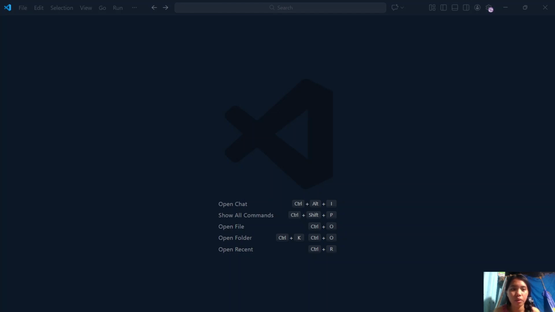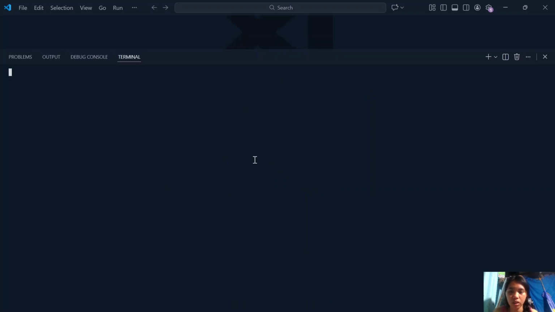Hi guys, in this video I'm going to demonstrate how to create a simple Flutter project where we have a button that will navigate to the second page, and then another button that will navigate to the previous page. So first things first, we're going to open our IDE, and then in our terminal we're going to create a project. So let's